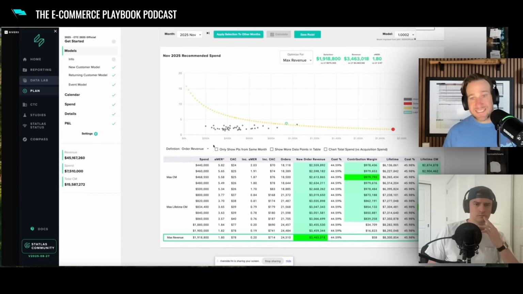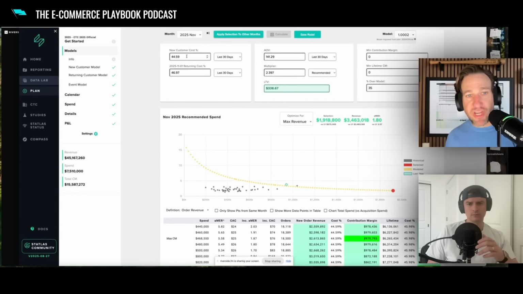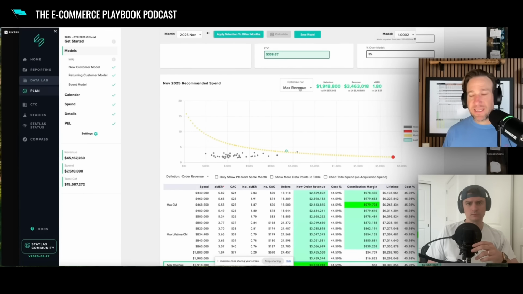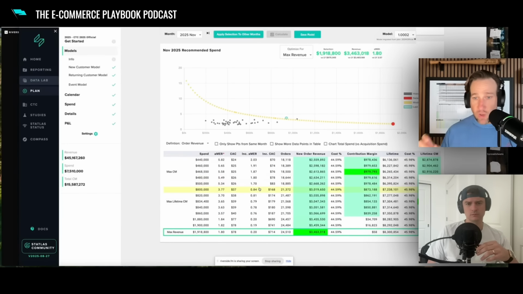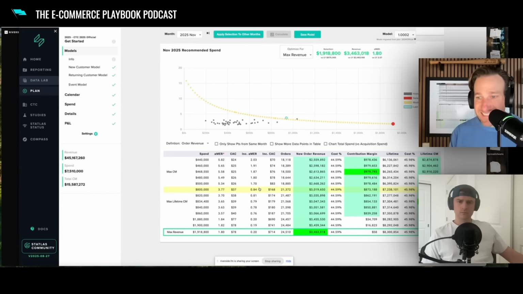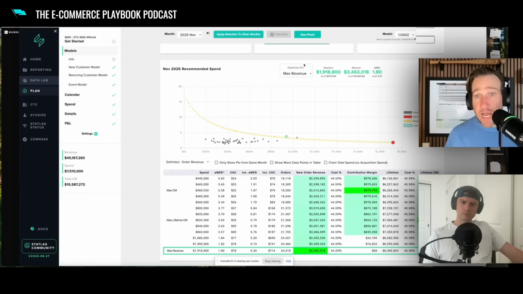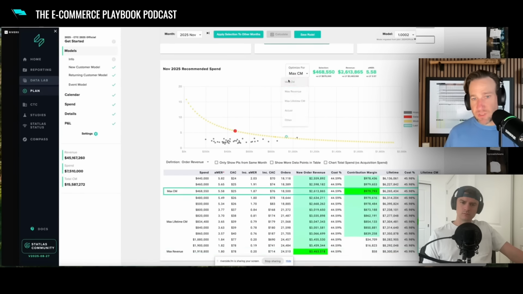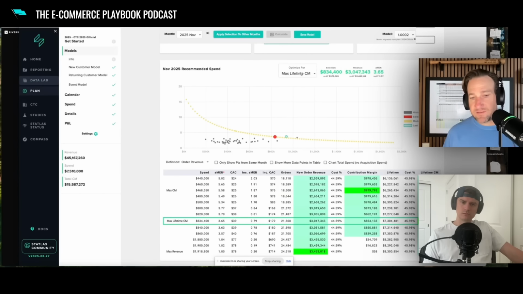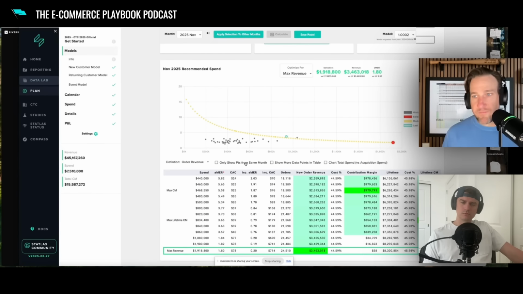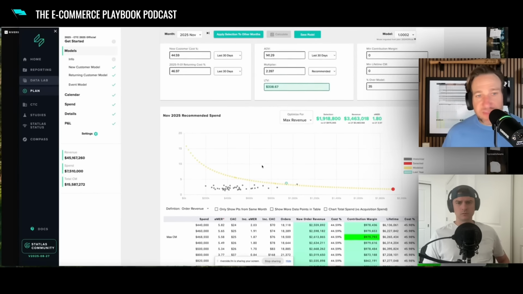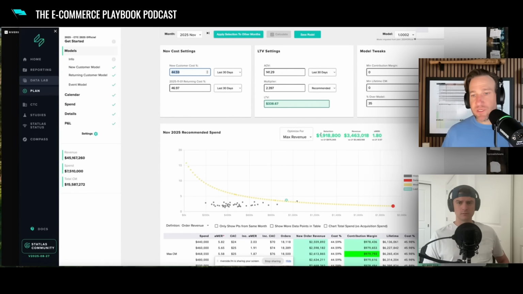But the question we're asking today is, let's imagine that there's a change to the underlying cost, because what the model is taking into consideration is also contribution margin. It's considering the costs here. You can see the cost percentage applied against the model to determine how much we can spend. And we can optimize for different outcomes. We can optimize for maximum contribution margin. We can optimize for maximum lifetime contribution or max new customer revenue at break even. All of those have cost as an input. So the question becomes, if this cost changes, what happens to our spending power?